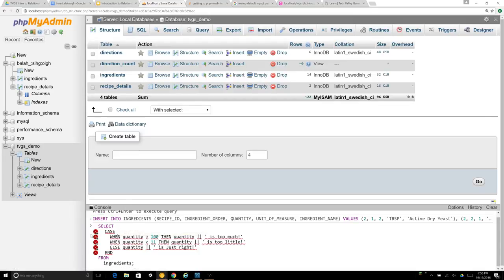I'll circle back to this one. It's a syntactical difference between how Oracle does case statements and how MySQL does case statements. I do a lot of Oracle stuff, so a lot of this was written in there first. But it should just show up in a regular statement. So if you had quantity in here,